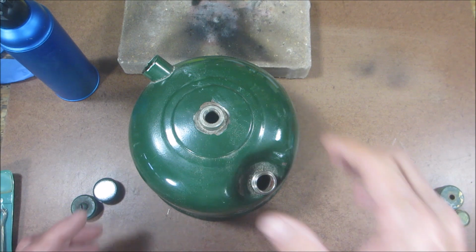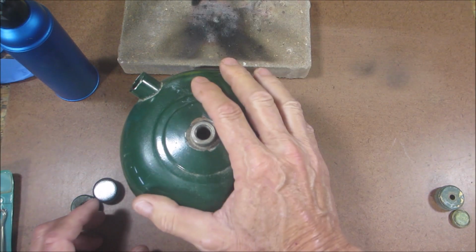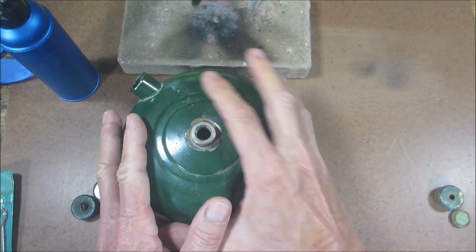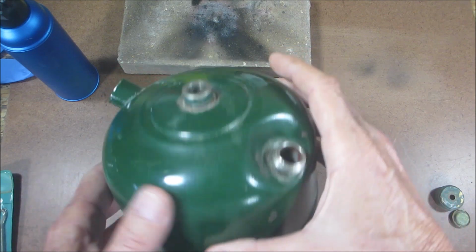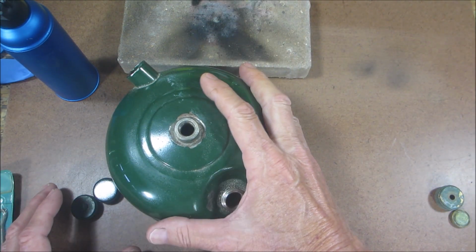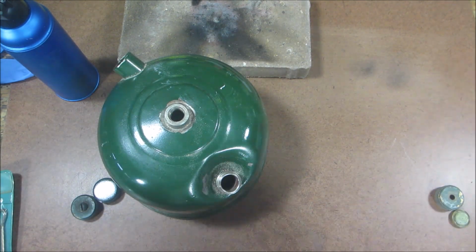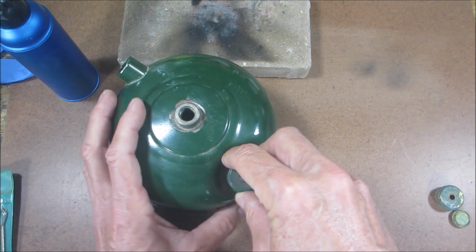All right, so what I have here is a fount that came off of a lantern I needed parts for, and this was repainted by somebody, and yeah, they didn't do a very good job. It's got a bunch of dents and stuff in it, so basically I use this for whatever reason I need to use something. So for today we're going to put this fuel cap on,